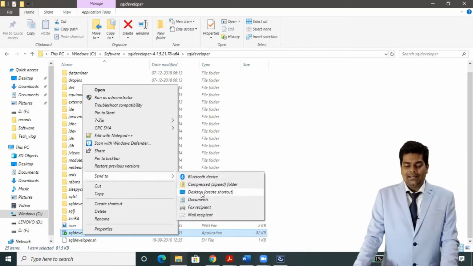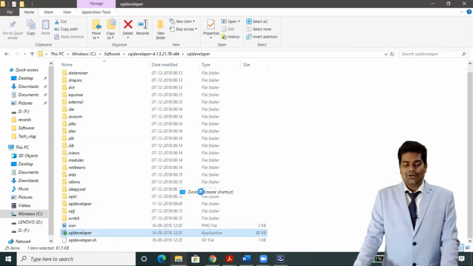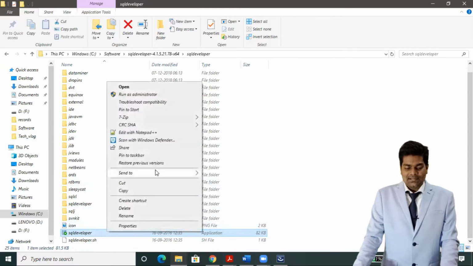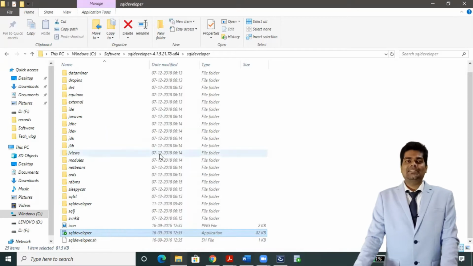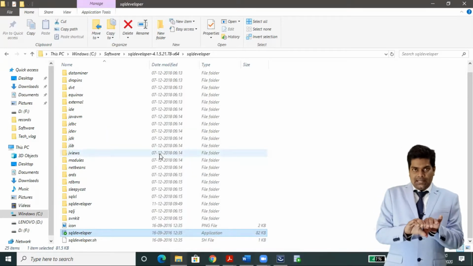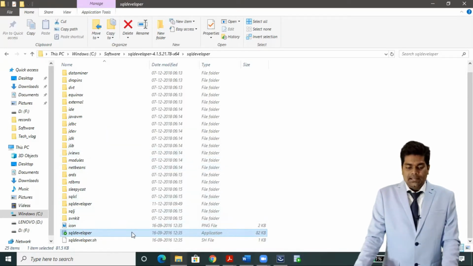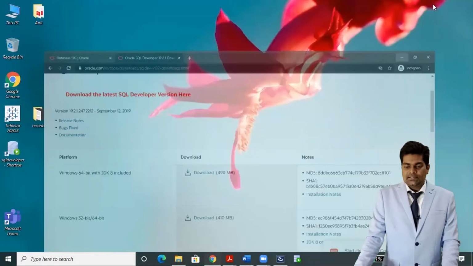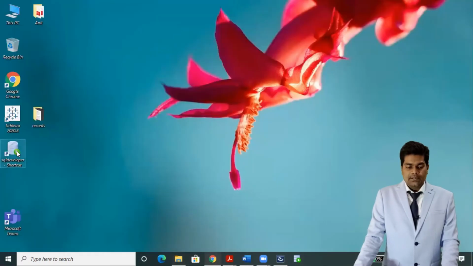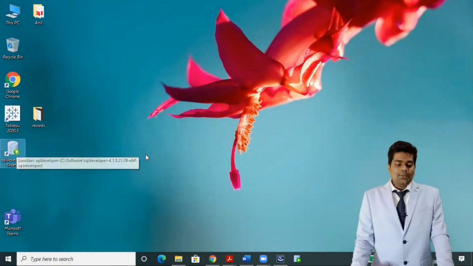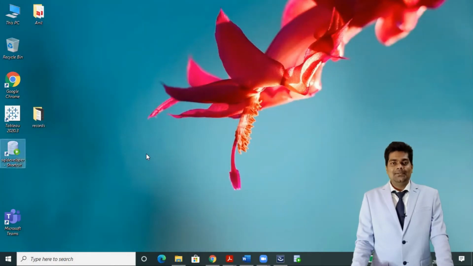I'll click on desktop create shortcut, as well as pin to taskbar, so it will always be in our taskbar. Okay, then we'll close this. And now here on the desktop we have a SQL Developer shortcut.